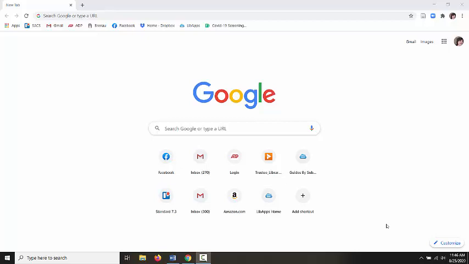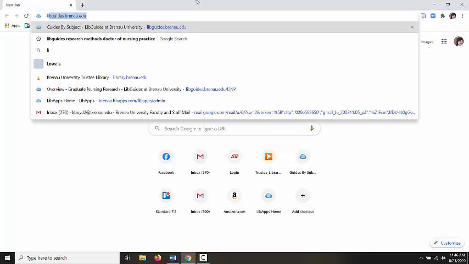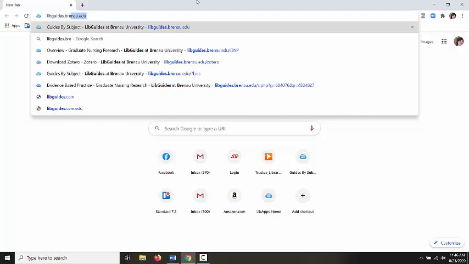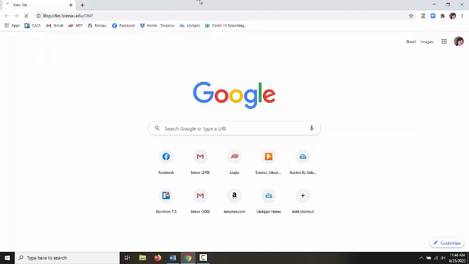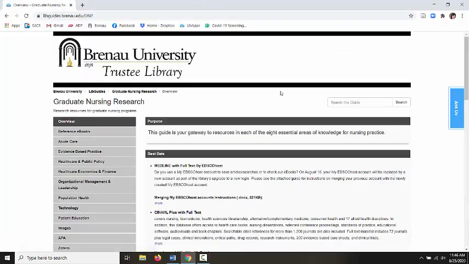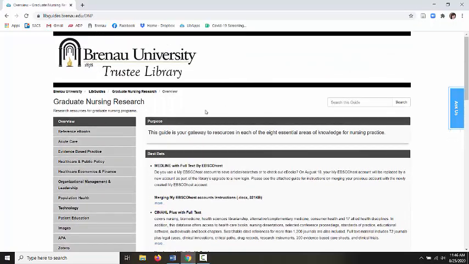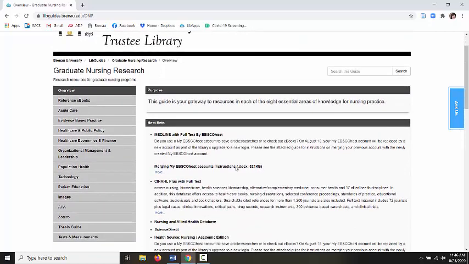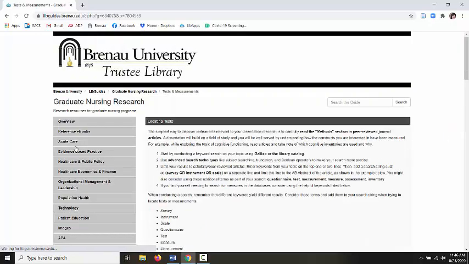So first, let's go to locating tests. I've put on the Graduate Nursing LibGuide, which you can get to by going to libguides.bernal.edu/DNP, a page on test and measurements. And this is your LibGuide, which you'll be using the whole time you're in the program. But down here at the very bottom, there's a tab for test and measurements. If you click on that,